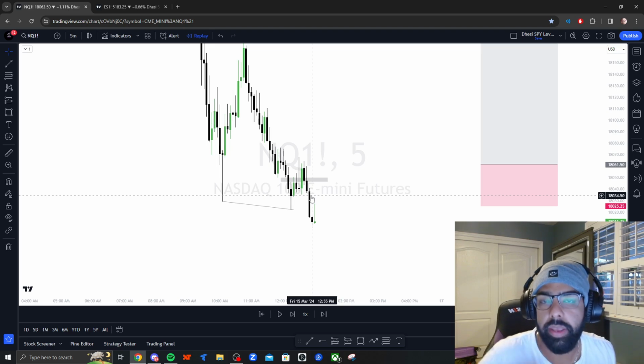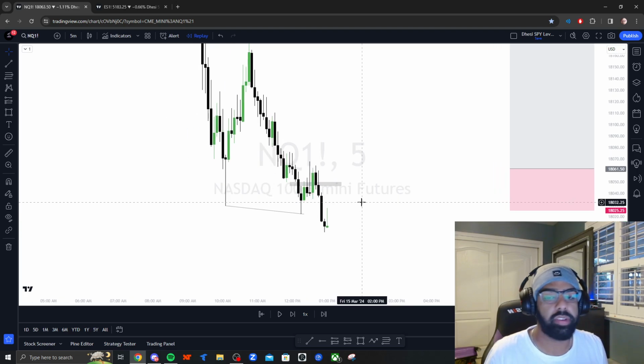Look at this. NQ tapped into its 4-hour bullish gap for the first time. We're going to get some type of bullish reaction. I put this as a tape read play, which I ended up taking on a funded account, because I was talking about how, first of all, I always say the first time we tap into a gap, we're going to get a reaction.